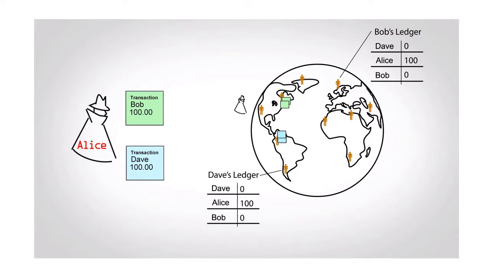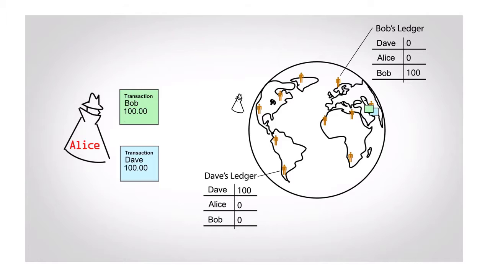Now, in Bitcoin system, as discussed earlier, the accounts are maintained by all the computers on the network. So, Alice can take advantage of this situation and can transmit two messages at the same time, one stating that he pays Bob 100 bitcoins, another stating that he pays Dave 100 bitcoins. So, one half of the world will update its account by deducting 100 bitcoins from Alice's account and adding it to Bob's, and another half will update its account by deducting 100 bitcoins from Alice and adding it to Dave's.